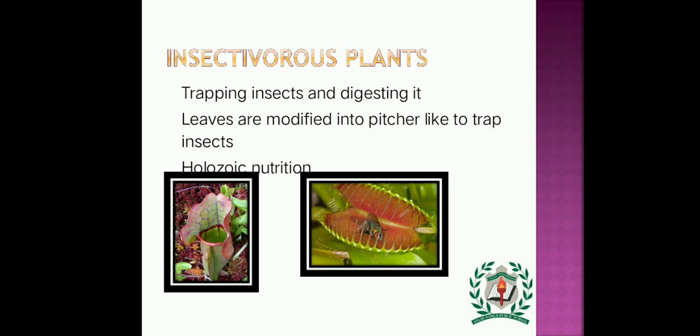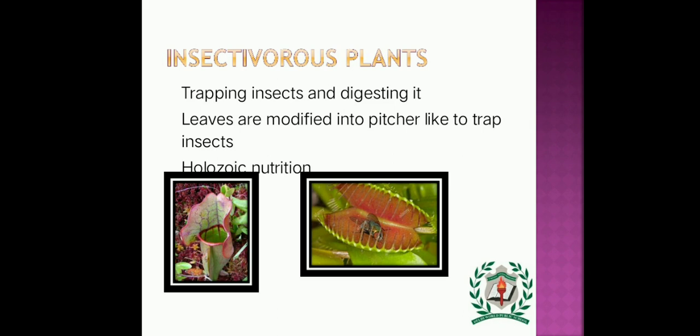Some common examples of insectivorous plants are Venus flytrap, sundew plant and bladderwort. Insectivorous plants can photosynthesize, yet they feed on insects to fill their requirement of nitrogen. They synthesize carbohydrates through photosynthesis only, because as we already said, not only carbohydrates, every nutrient is important, right? So if they get the other nutrients from insects, they can synthesize their own carbohydrates by means of photosynthesis.